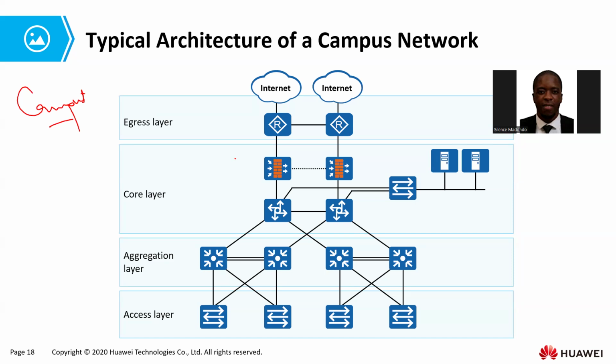Okay, so I was saying before we define the architecture, I think it's very important to define what a campus network is, and how it differs from, I think at this level, we mostly deal with my campus network and up to my enterprise networks. A campus network basically defines a network